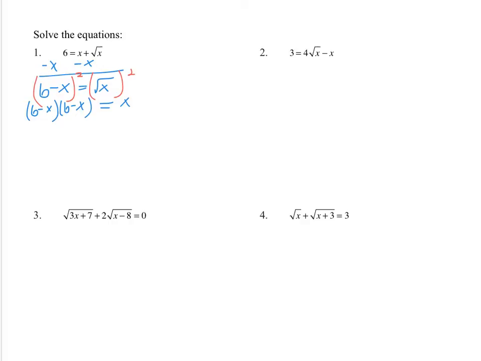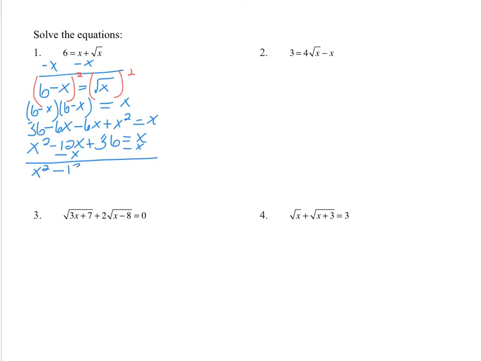So I'm going to have to do double distributive property and get 36 minus 6x minus 6x plus x squared equals x. Combine like terms and put it in standard form. x squared minus 12x plus 36 equals x. I have a squaring, so the only way I know how to solve is to get one side equal to 0. So I'm going to subtract an x on both sides and end up with x squared minus 13x plus 36 equals 0. I'm going to see if I can factor in T-bar